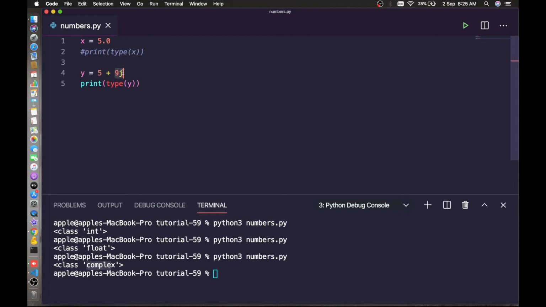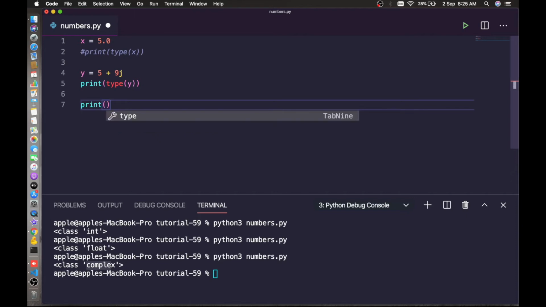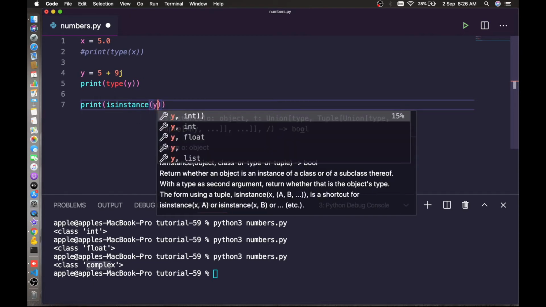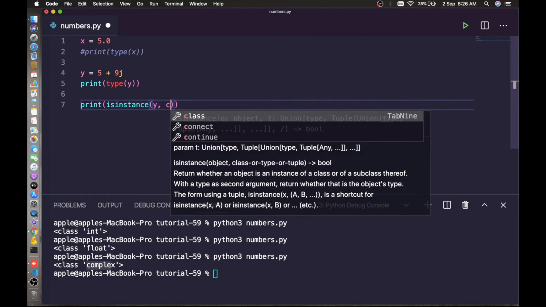Like the type function, we have another function, isinstance. The isinstance function checks if a value belongs to a particular class or not. Let me give you one example here for isinstance. Print isinstance of y, whether it is complex or not.